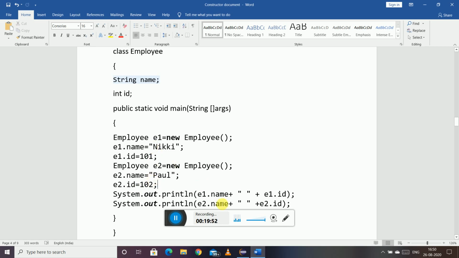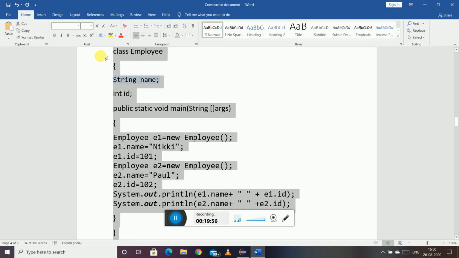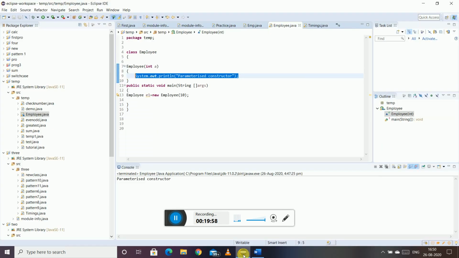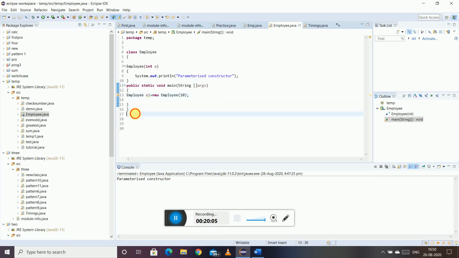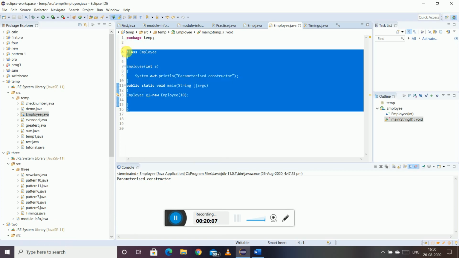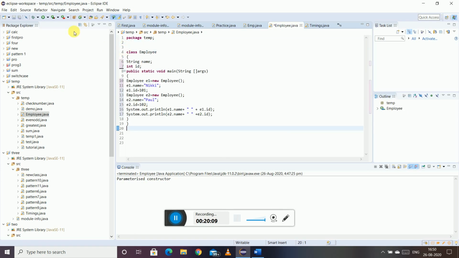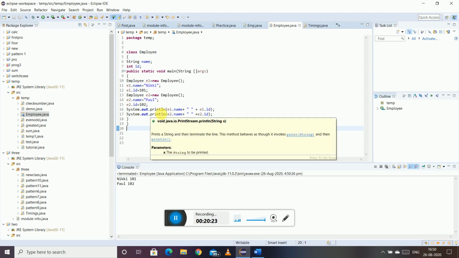Okay, so this way, if you try to execute this program, for both the objects, the corresponding values of the variables will get printed.